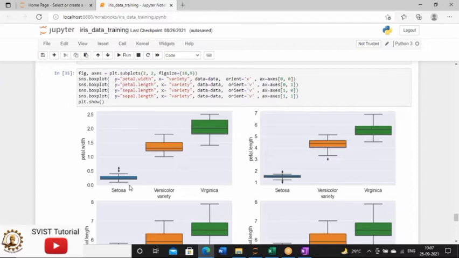So you can find out the actual meaning of the underlying species feature description. Second, we can say that this Setosa category is having outliers. However, the other two categories will not have any outliers. So we can easily go to our data set and check the petal width column, go to the Setosa category only, and then find out what values are outliers. So it is very easy to detect outliers if you have the box plot.